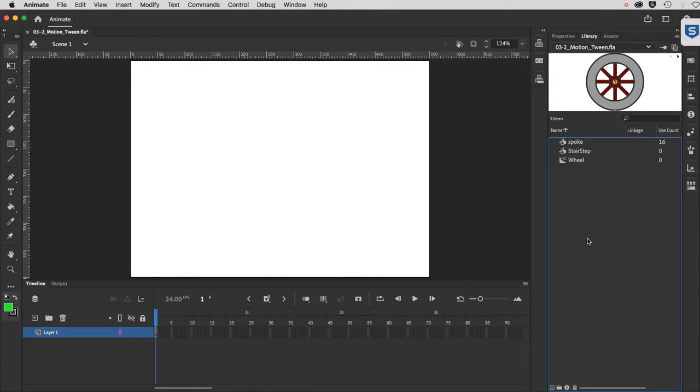In this tutorial, we'll be learning how to create animation using the MotionTween. I've already got a file here that you should have downloaded called 03-2 motion_tween. It looks empty when you open it, but in fact there's some stuff in the library. So if you just click over to the library tab, you'll see what amounts to elements for the wheel. Now I've pre-created a movie clip already, and it's represented by this little gear icon. If I highlight it here, you can see it, and you can also see a preview of it up top